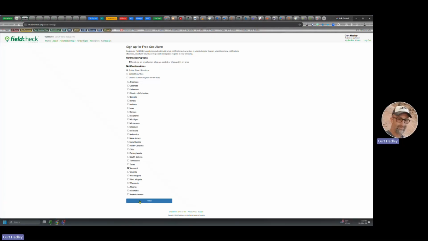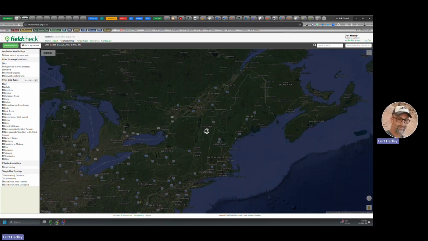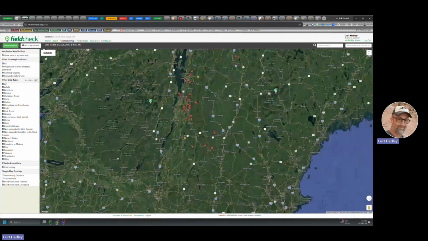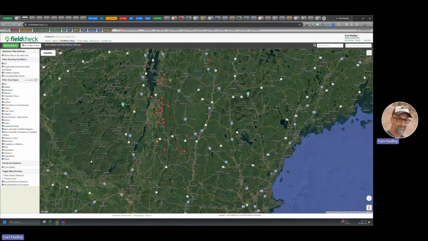Now, as you do this, this also limits what you're able to view as an applicator. So if at some point you need to change that, come back to this and change those setups. So you hit finish, and really this is the core of your account. This shows you currently today everything that is mapped in Vermont. Knowing that Vermont is just starting off, there's not a ton of things mapped here, but you will see the